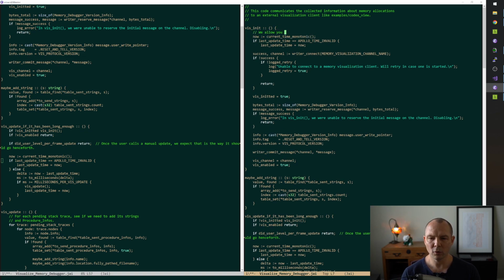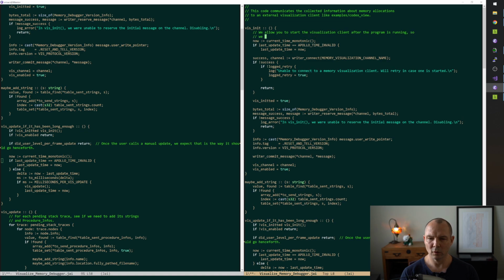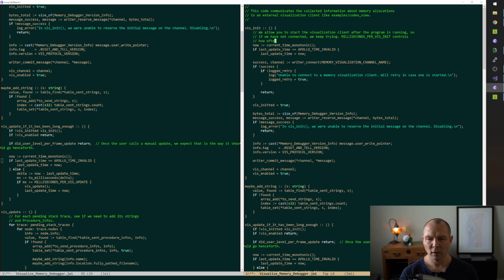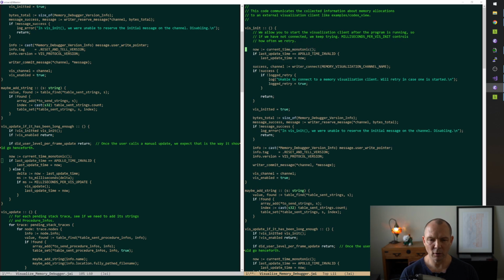We allow you to start the visualization client after the program is running, so if we have not connected, we keep trying. Milliseconds per viz init controls how often we retry. Okay. So now, otherwise,